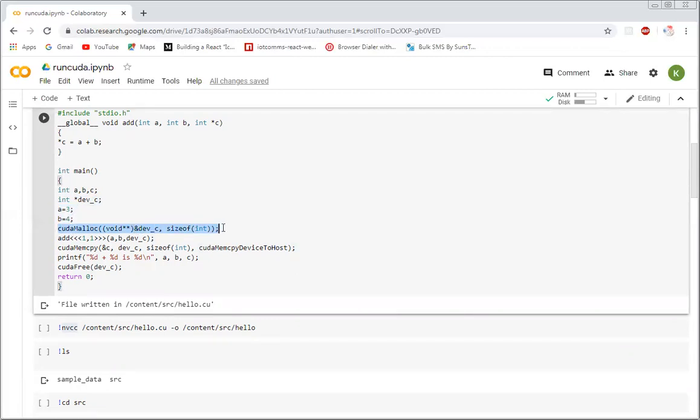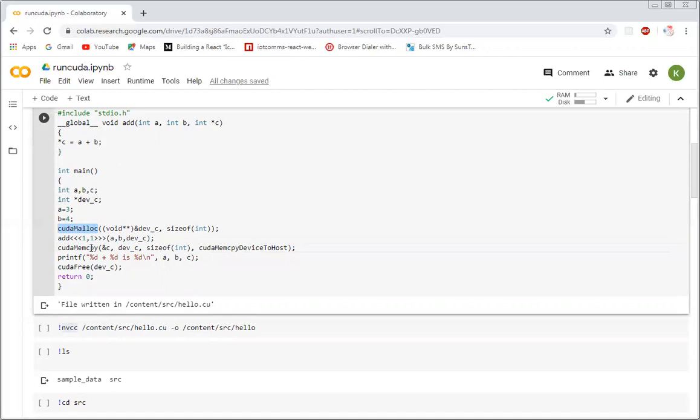Here comes something new. We call it cudaMalloc. You would have heard about the malloc function, which is used to allocate memory on the CPU side, on the host side.